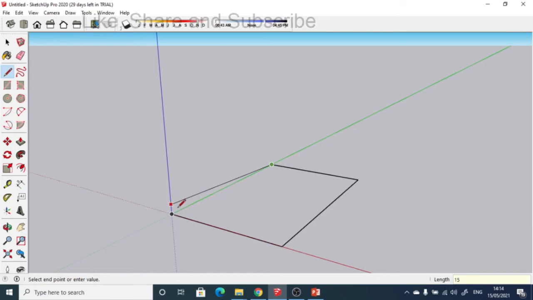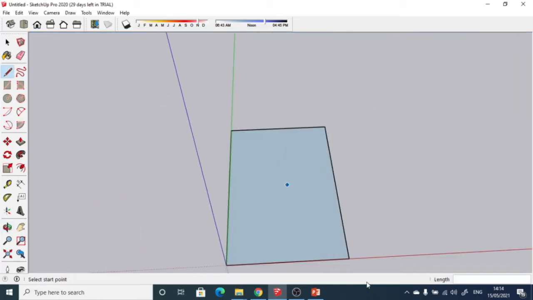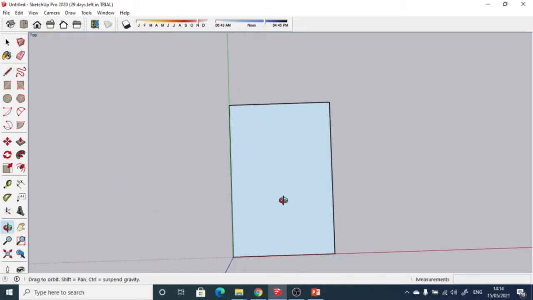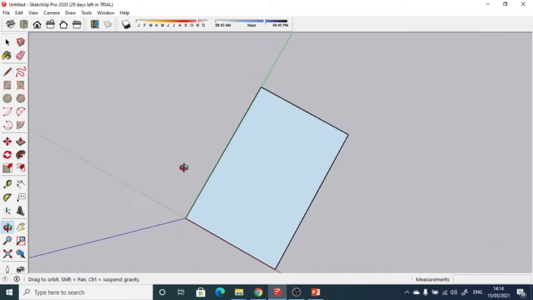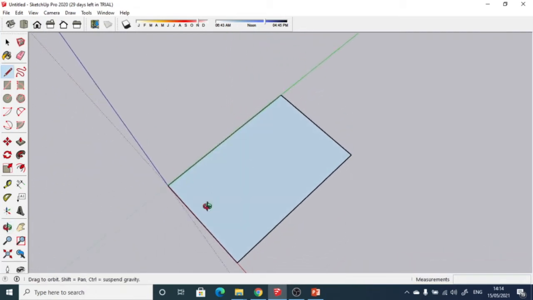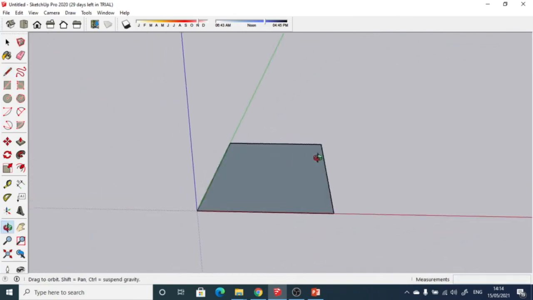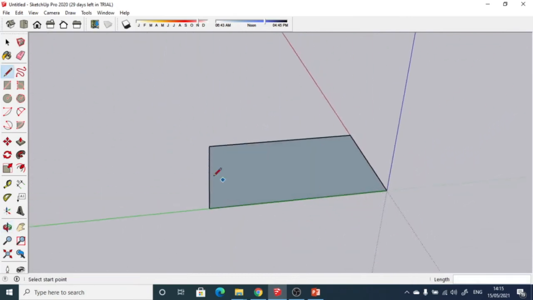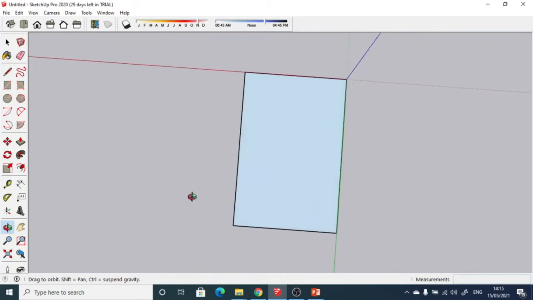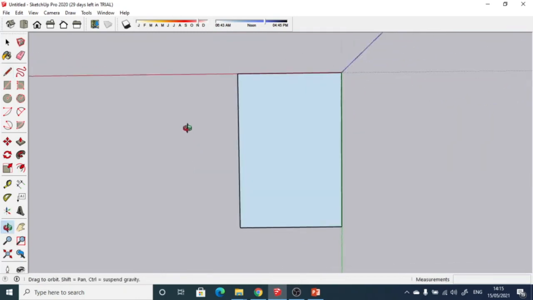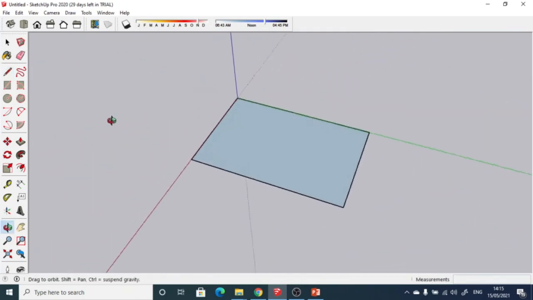So I just write it over here, 15 mm, and we can just draw a line over here like this. So basically from the top view, if we visualize this particular object, it will be looking like a rectangle that we have drawn. So likewise, with the help of the line command, we can draw any length of a line whenever we are drawing any kind of construction inside the Google SketchUp software over here.